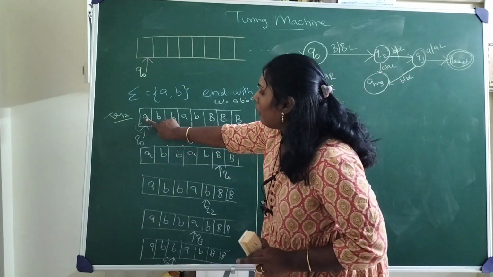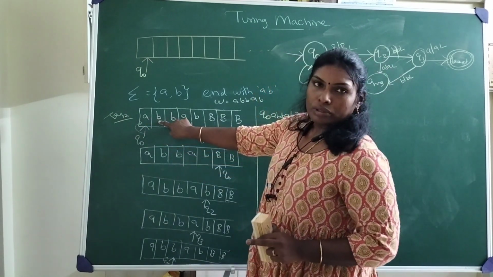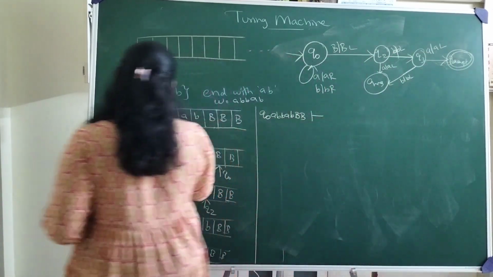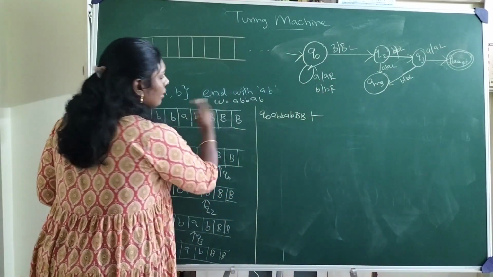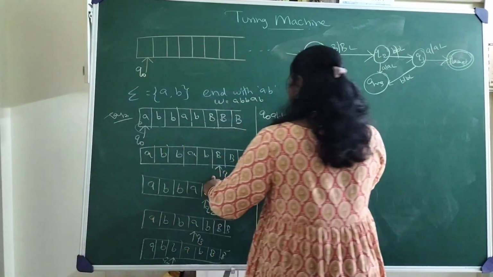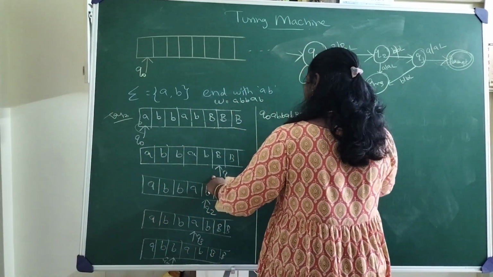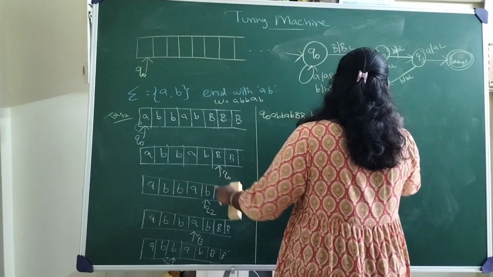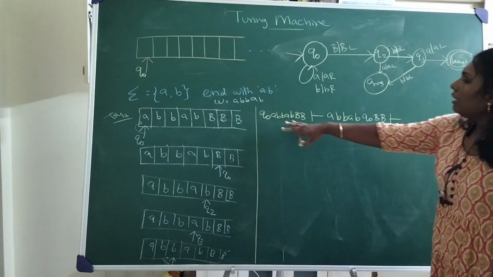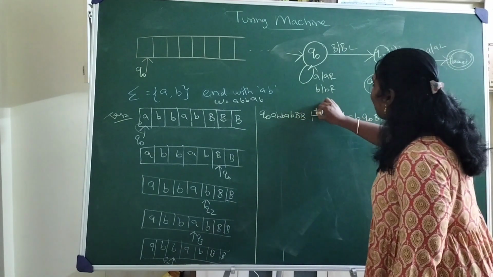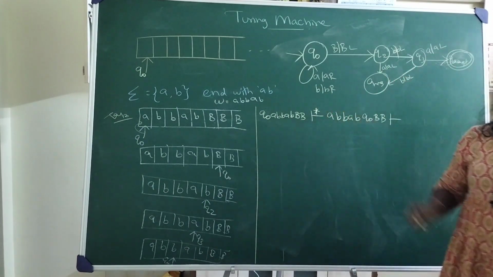In Q0, when the input is A, it moves to the right side. And in Q0, if the input is B, move one step right. So I have merged a lot of steps together to reach this place. Okay, so this place transition is blank, blank. So here my tape also remains as it is. Transition also remains as it is, but I merged a lot of steps together, so I can use an asterisk